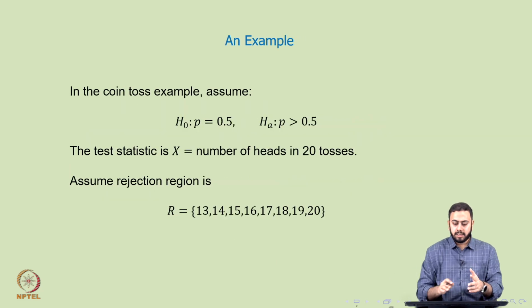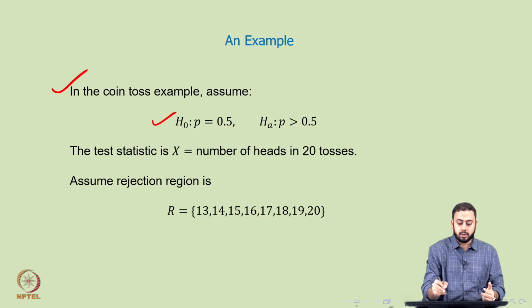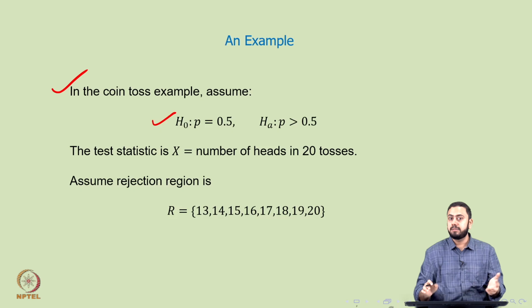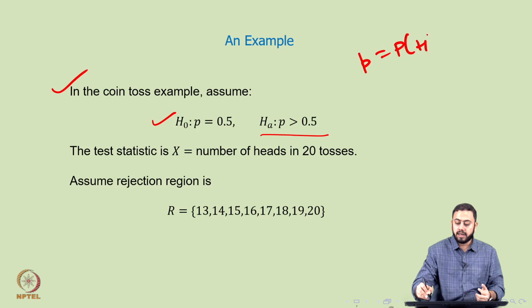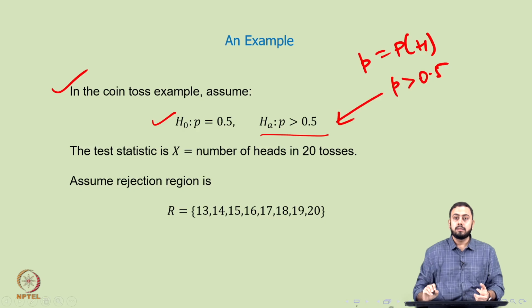Alright, we'll take a small example, and in this example we try to create some rejection regions. If you go back to the coin toss example, these were my null and alternative hypotheses. H naught is P equal to 0.5, and the alternative is P exceeds 0.5. Why exactly are you keeping this alternative? Let's say you think the coin is biased towards heads and you want to test it out. If you denote small p as the probability of getting a head, then bias towards heads means p should be bigger than 0.5, which is exactly what you see in the alternative.